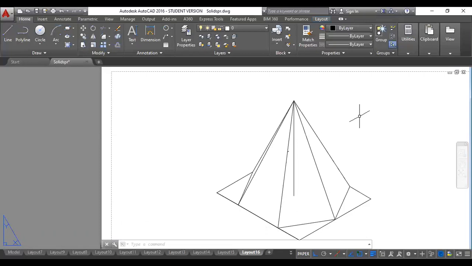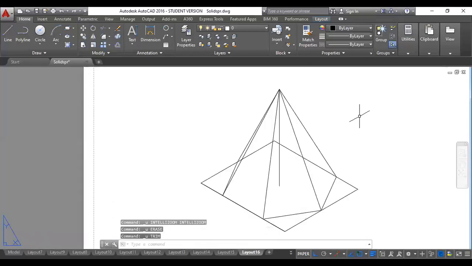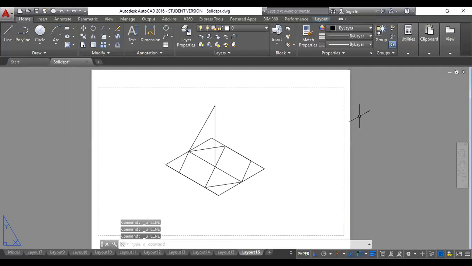Now let us see one more type of solid, that is the frustum of a pyramid. So I'm just undoing these things. As you know, this hexagon I have drawn has a base edge length of 35 mm. Let us say this has a height of 60 mm, and at a height of 60 mm it has been chopped by a cutting plane which is parallel to its base. So that is called a frustum. Whenever a cutting plane chops a solid and the cutting plane becomes parallel to the base, then that is called a frustum of a pyramid.